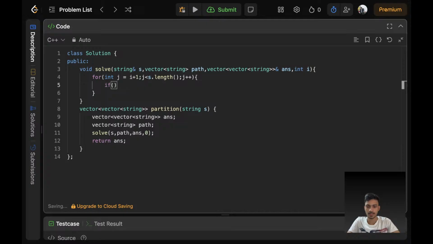If it's valid, from the front we can check. If it is a valid palindrome,